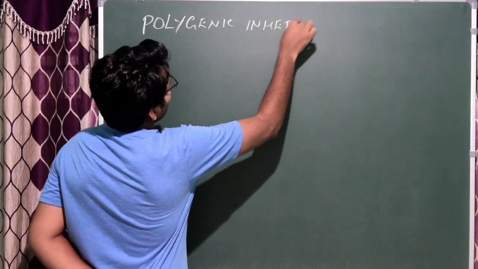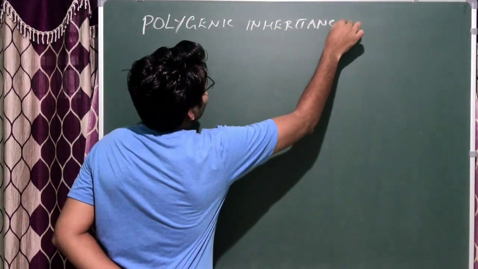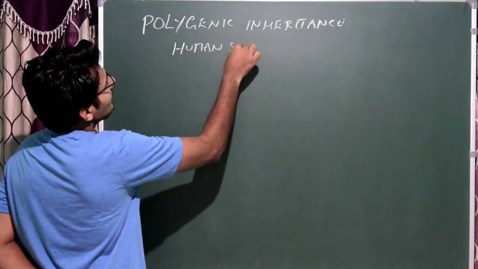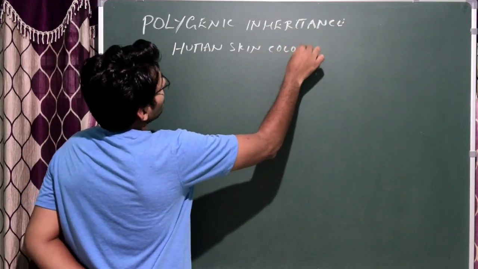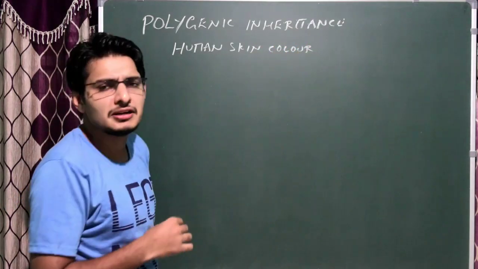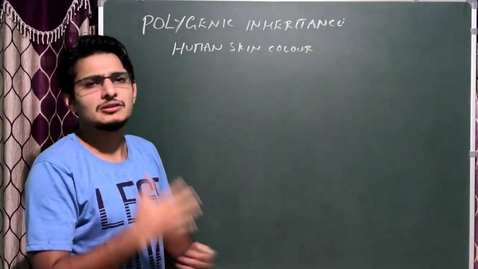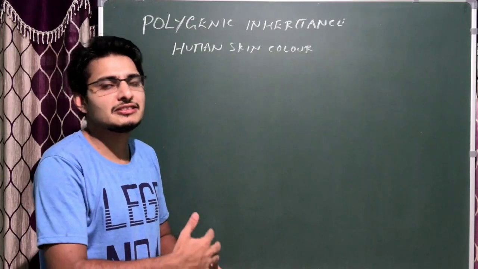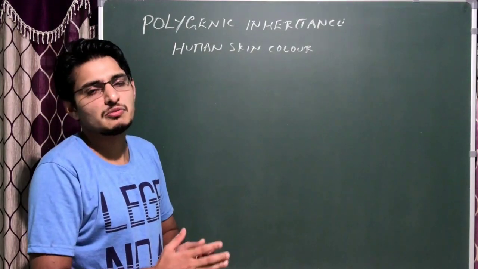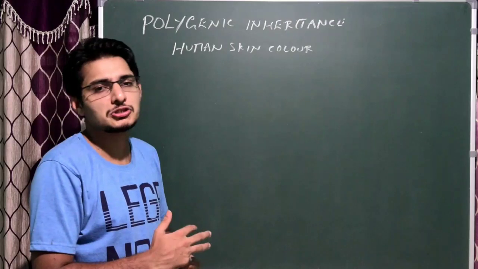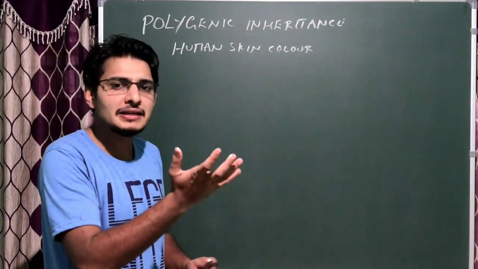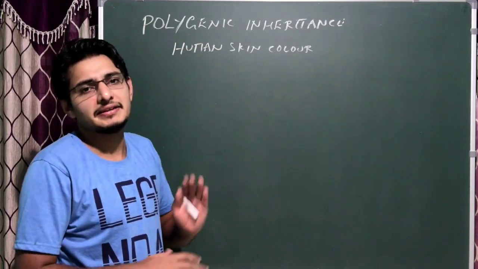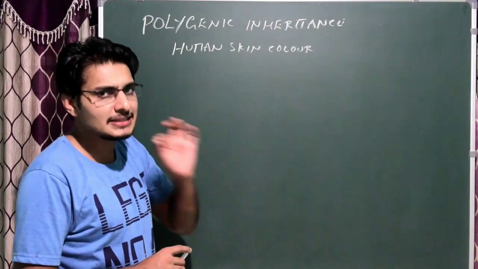Okay. So here I am taking two examples. First example is human skin color. Okay, so we just write human skin color. You might have seen the people with a different body color, the skin color. You know there is a reason behind the development of the body color. Simple reason is a protein which is synthesized by a particular gene, a protein which is called melanin. More the melanin, obviously the body color will be darker. Less the melanin, the body color will be lighter. That's it. Okay, so that's actually the basic thing to remember.